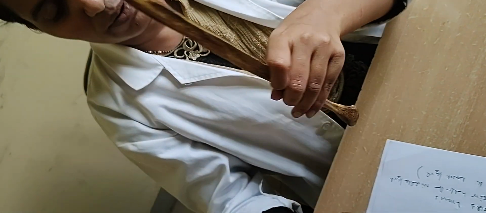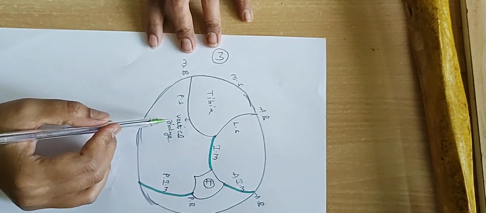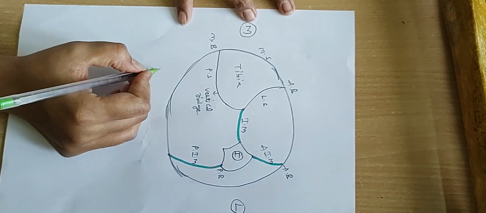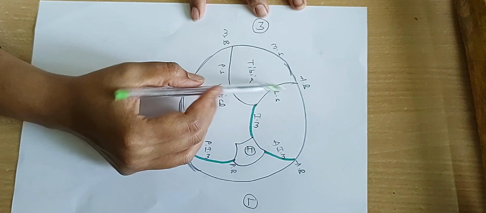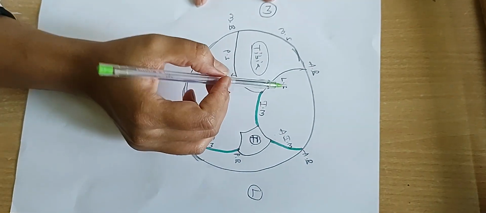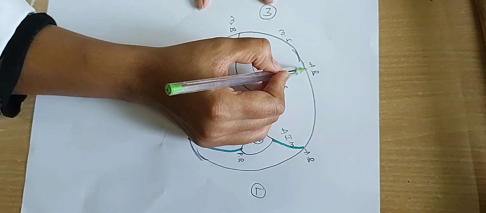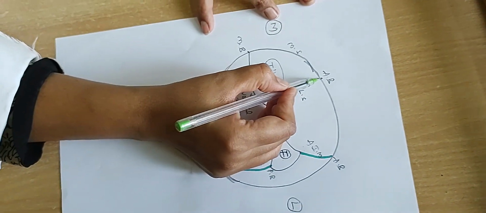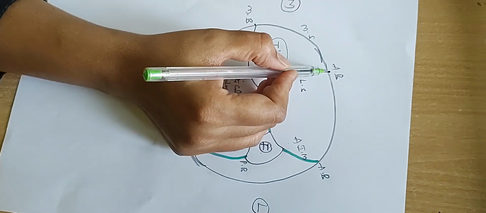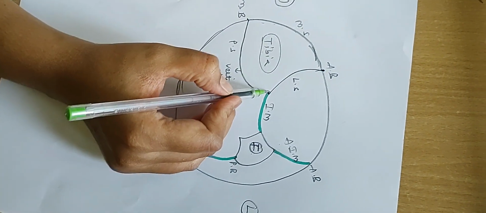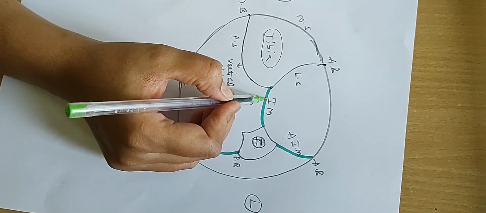Next, coming to this transverse section at the level of the middle third of the leg. Here you can see the tibia and the fibula. For the tibia we have the anterior border, medial border and lateral border. The anterior border is also called the shin border. The medial surface is subcutaneous. Along the lateral border the interosseous membrane is attached.